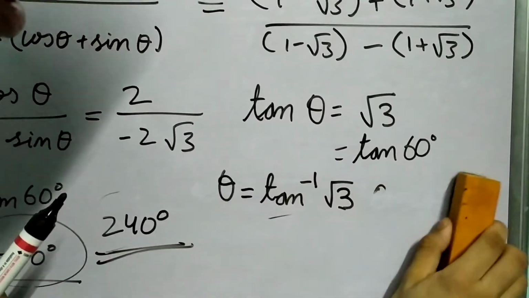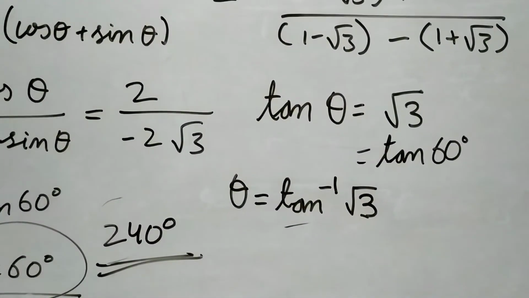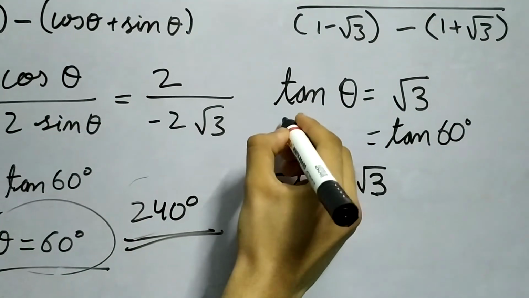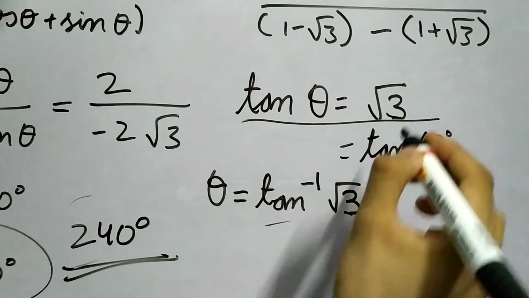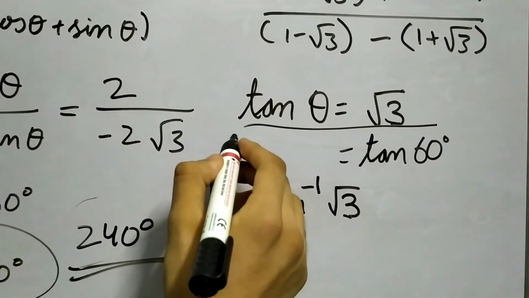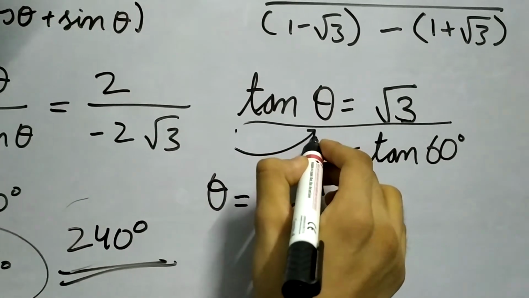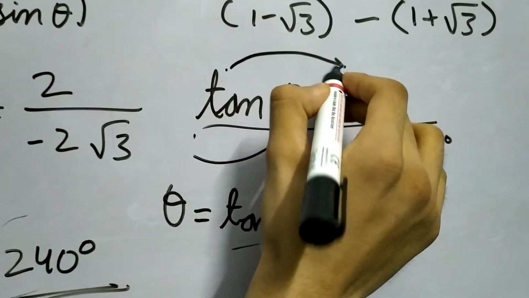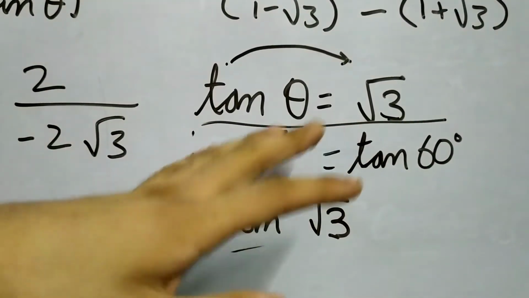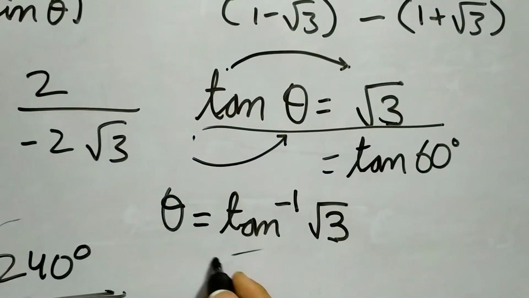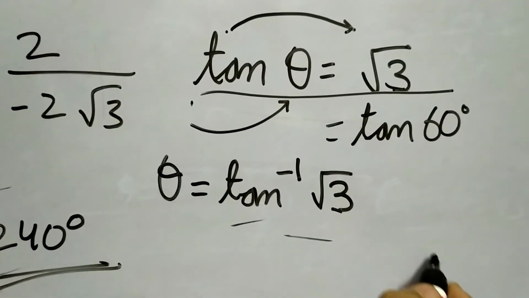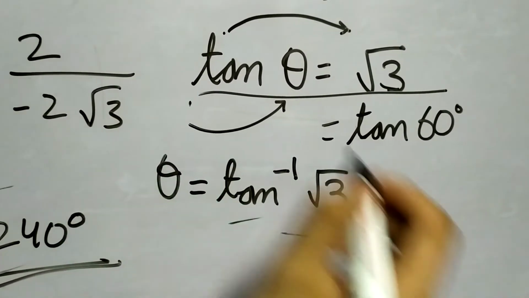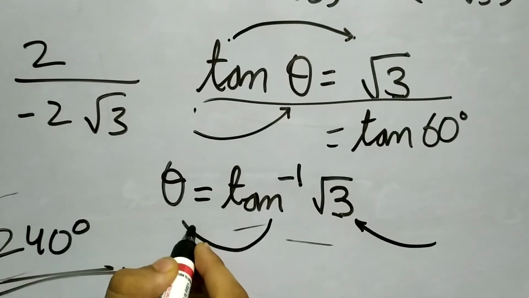You haven't even mentioned if it's radians or degrees here. So there must be something wrong, right? So it turns out tan inverse is not equal to cot. Okay, what does tan theta really mean? When we say tan theta is root 3, what do we mean by this? We mean when we plug in a value for theta and evaluate tan theta, we get an answer as root 3. So this is what tan theta really means. And what does tan inverse mean? Tan inverse means if we put in a number, say root 3 in this case, and we take the tan inverse of it, we get an angle.